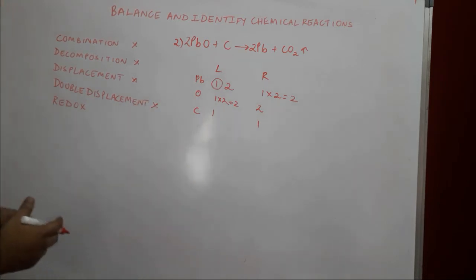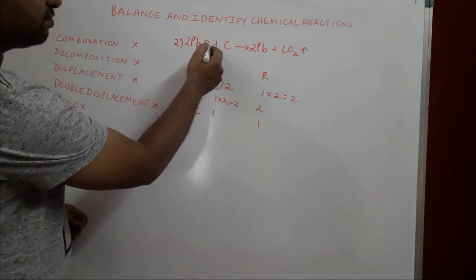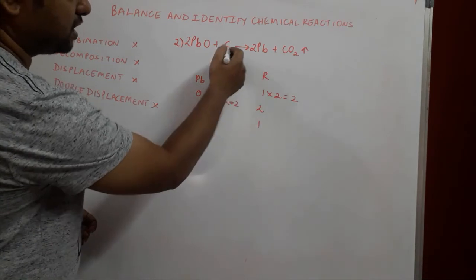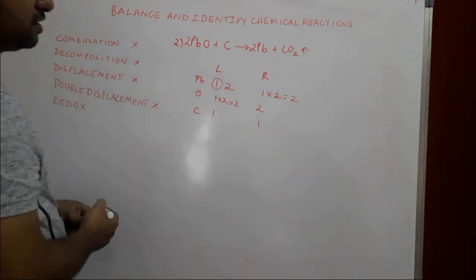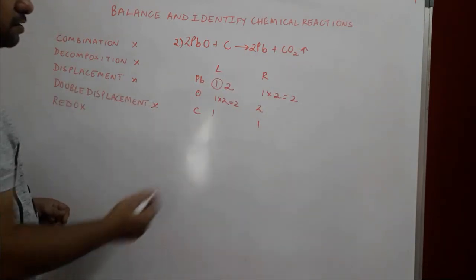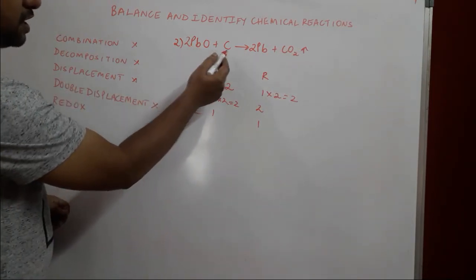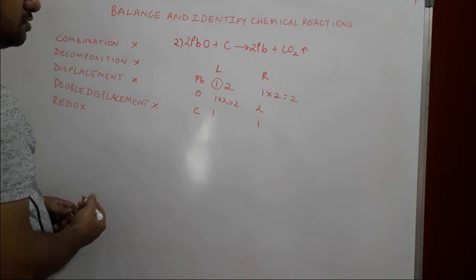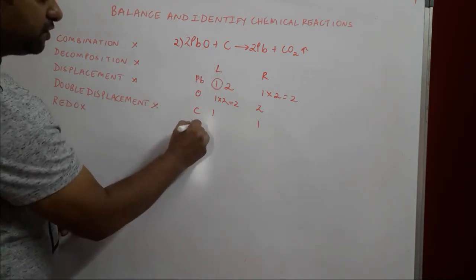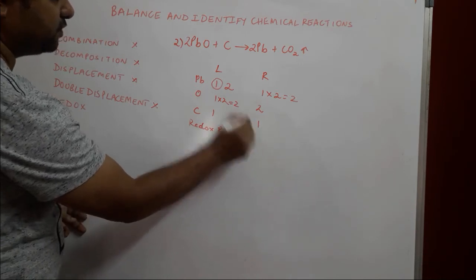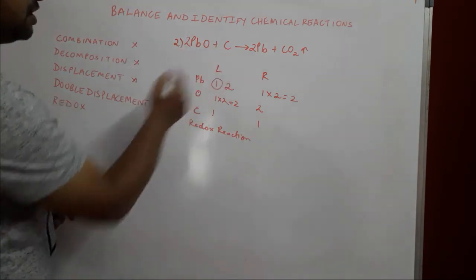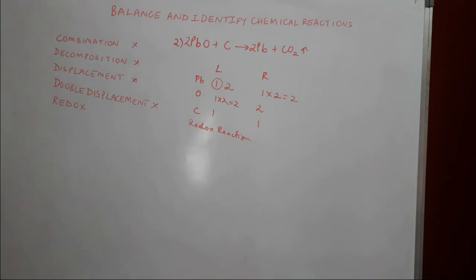We are left with only redox reaction, and clearly it looks like a redox reaction because lead, which has oxygen, gives up its oxygen to oxidize carbon, and we get carbon dioxide, which is released as gas, as the arrow shows. So lead is being reduced and carbon is being oxidized. Okay, so this is a type of redox reaction in which lead is reduced, carbon is oxidized. Let's take the next one.